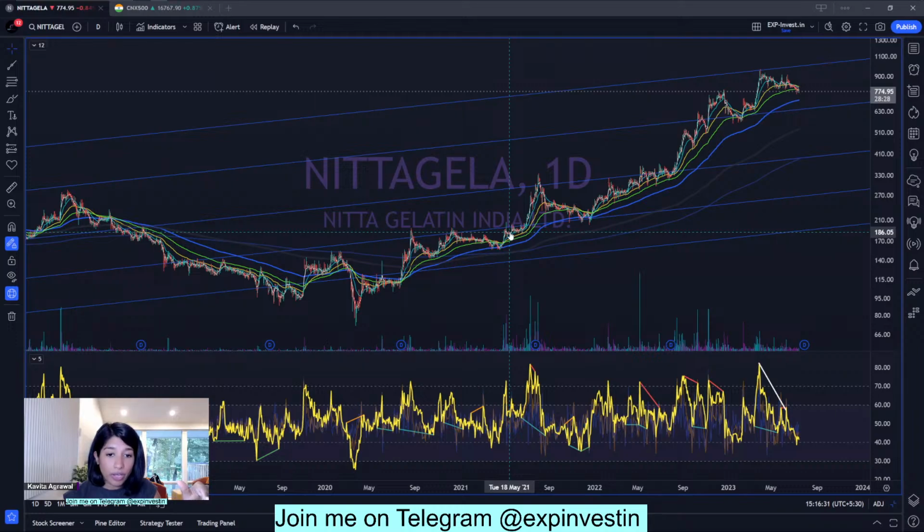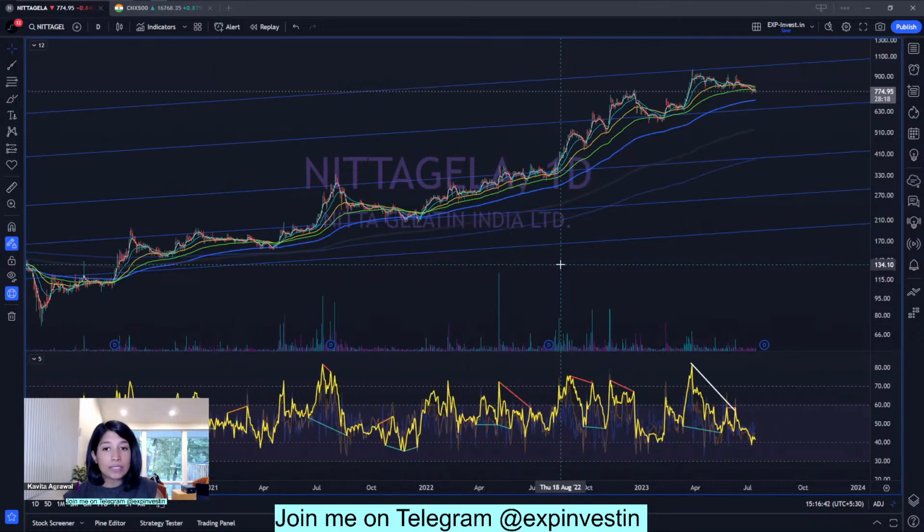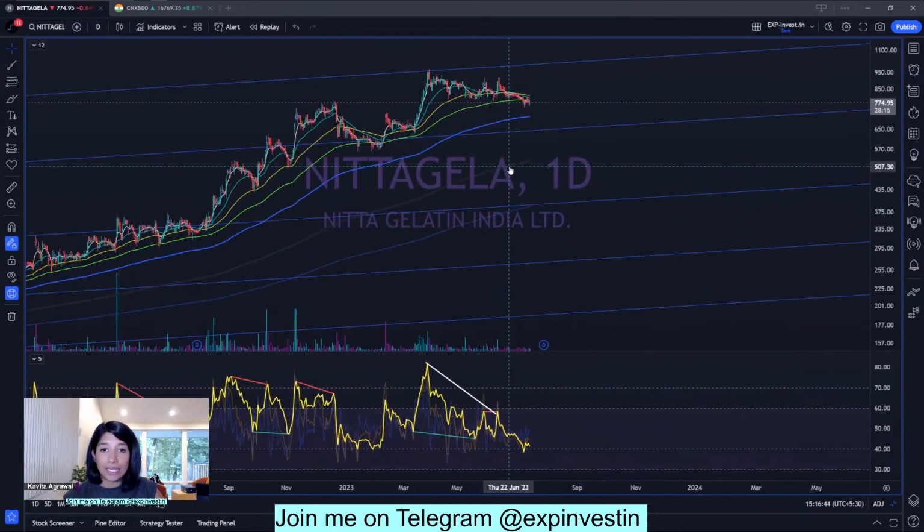Now at this point of time, if you want to make a fresh position, I would suggest be patient and wait for a strong breakout with strong volumes above the level of 1100. My analysis says that it is very unlikely to happen for two reasons. Firstly, huge negative divergence on the daily time frame. So a price still at the all-time high but showing such a big negative divergence is a huge red flag.